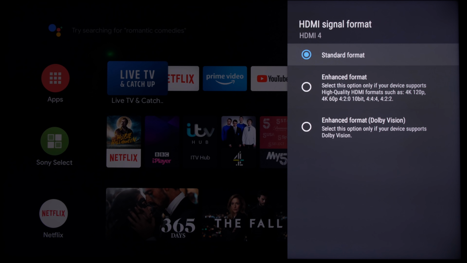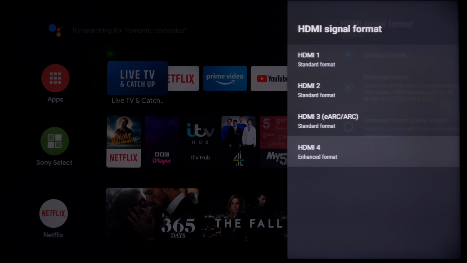So if you enable 4K at 120Hz, the TV is telling your source device that it is actually not Dolby Vision capable. So let's say if you connect a 4K Blu-ray player or an Xbox Series X to the TV with the 4K at 120Hz enhanced option selected, the source device won't recognize the display as a Dolby Vision capable device, and therefore it won't even send a Dolby Vision signal to the display, which is why I said that 4K at 120Hz on the Sony XH90 is mutually